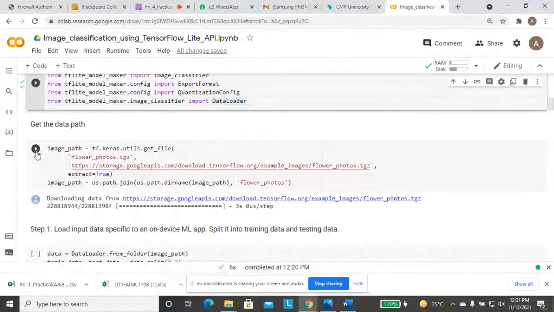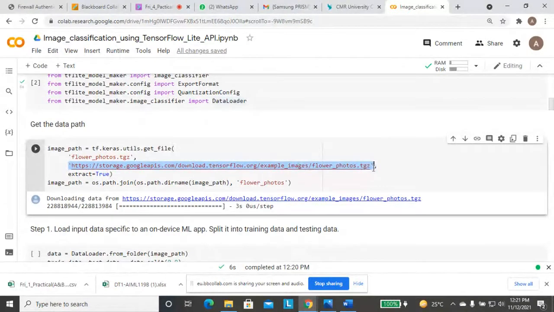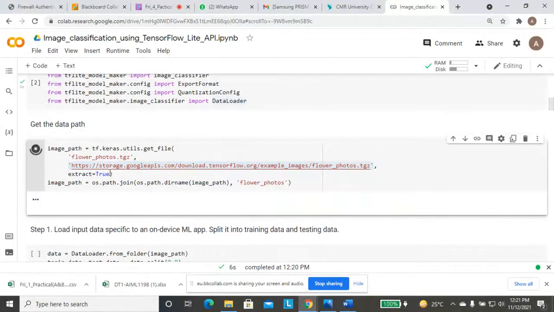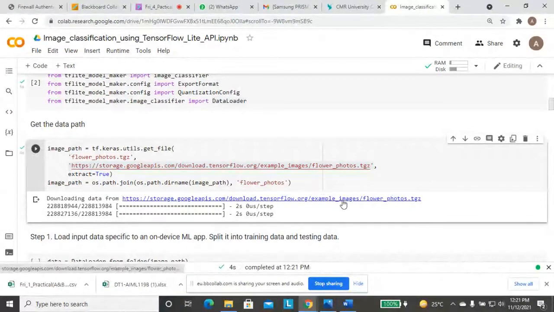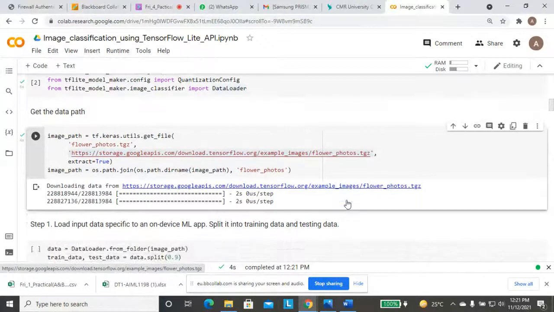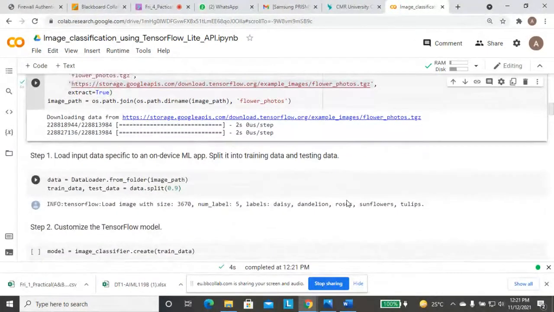Now the third part that I had explained to you. Here you can see the complete path, storage.googleapis.com. We are importing the images, so it is the exact path from where we are importing them. We are taking the help of googleapis.com. I will run this cell, meaning we are importing the images. So this importing is done.